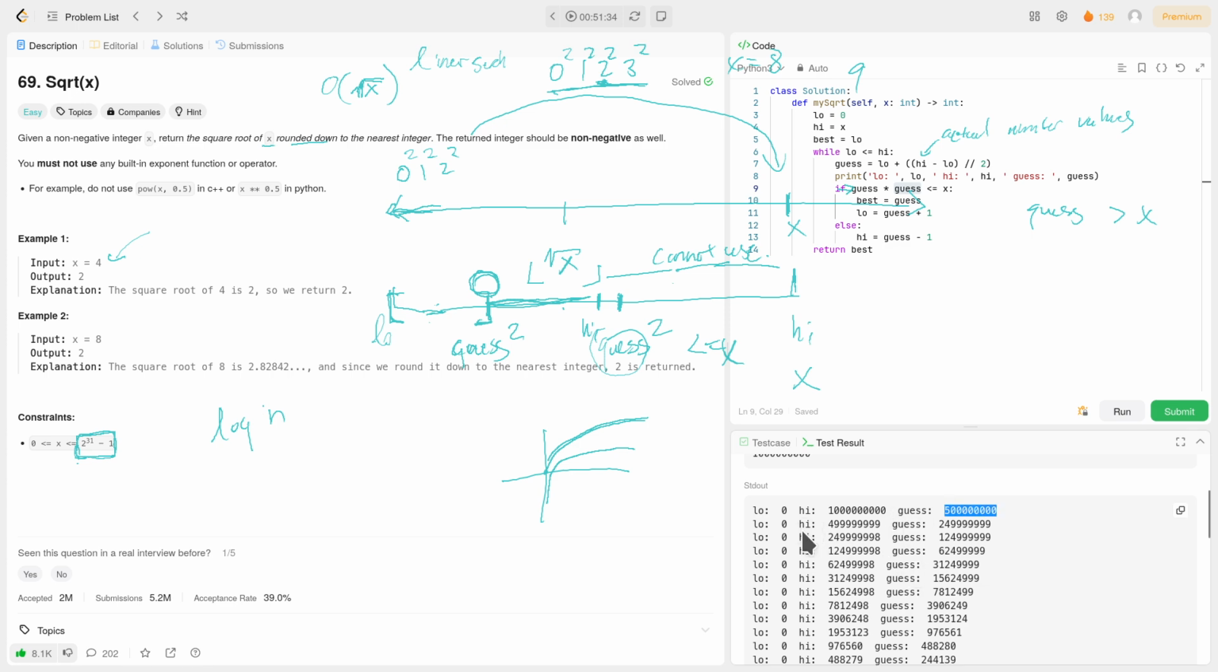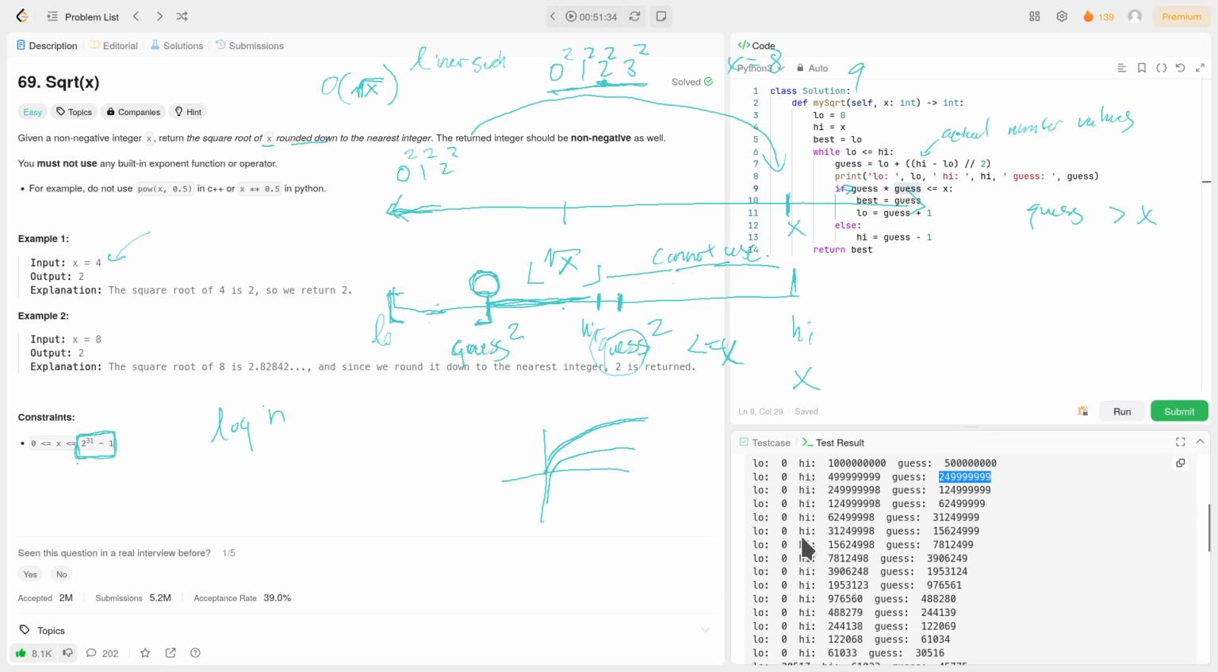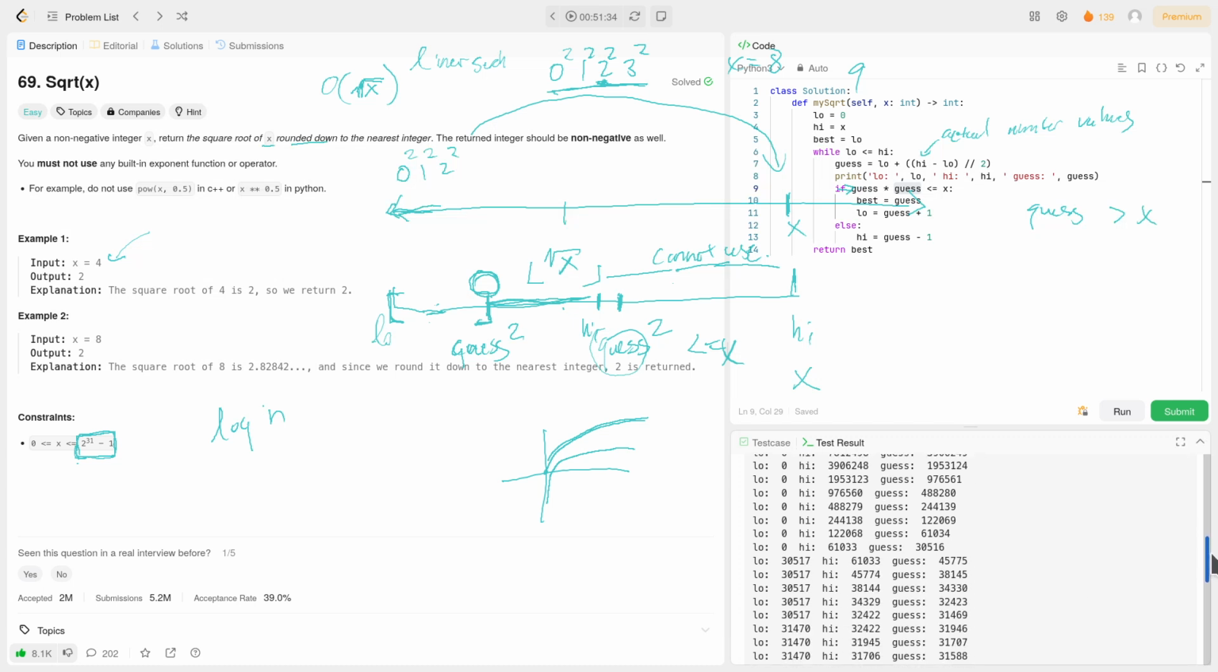So that's too big, right? But we get to chop down half of the search space. So high is now less than 500 million. And we take the midpoint, right? And we're going to take the midpoint for a while. It's only going to be high that's moving, because we're going to be overshooting the square root of 1 billion a lot. It's only until we chop things down until high is 61,000, right, that we make the guess, and